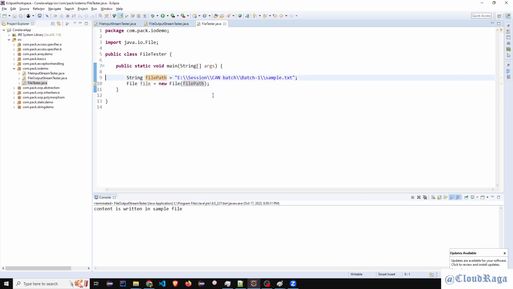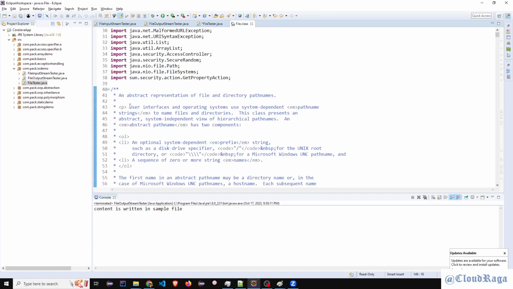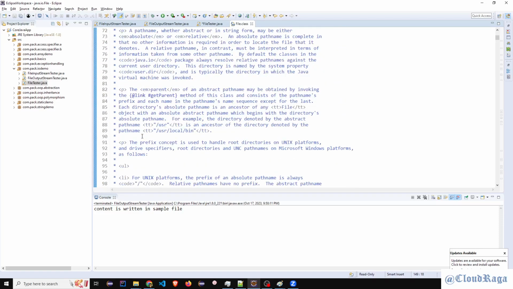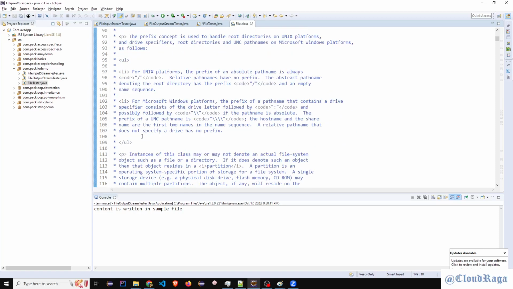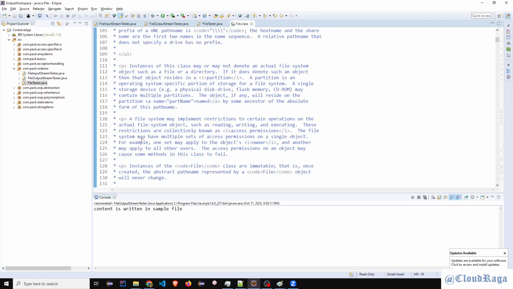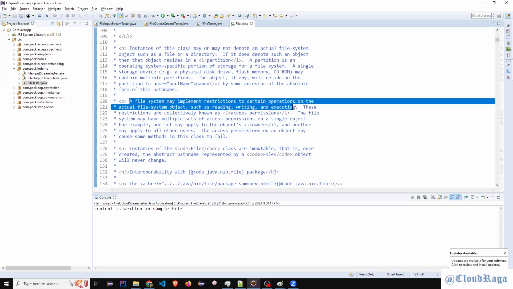Now what's next? What can this File do? This File will give you basic operations. Let me first show you its documentation, what it says. It has lots of documentation. Well, it says a file system may implement restrictions on certain operations on the actual file system object, such as reading, writing, and executing.